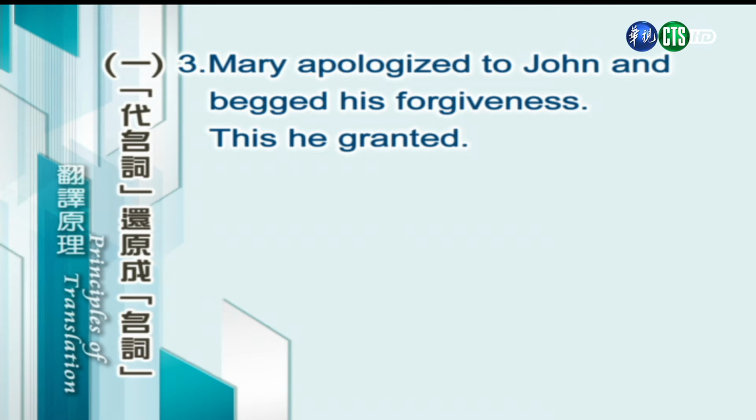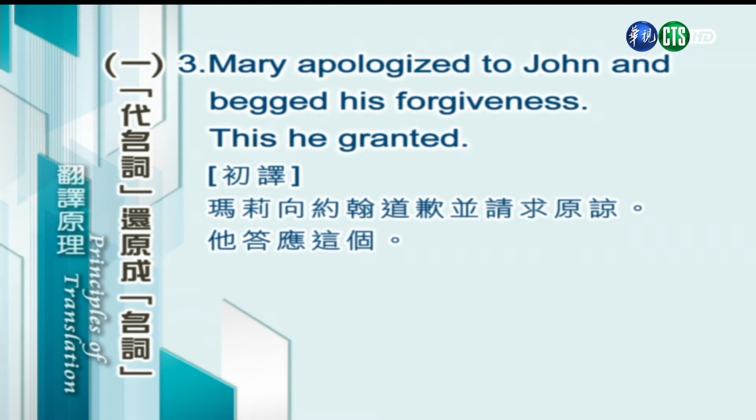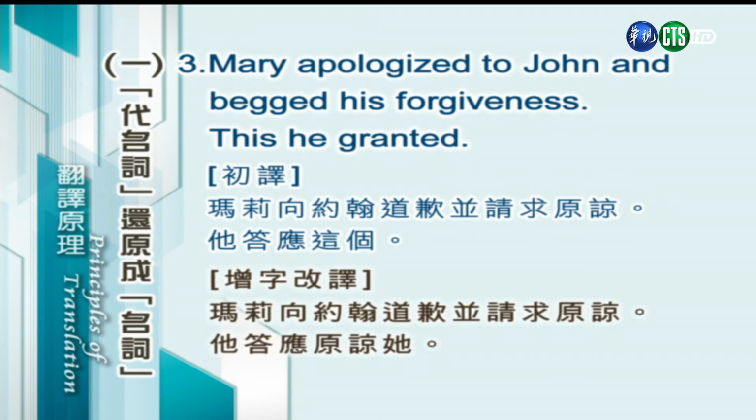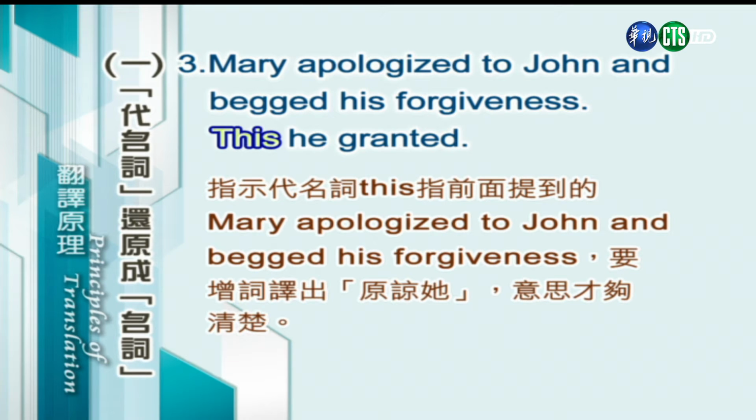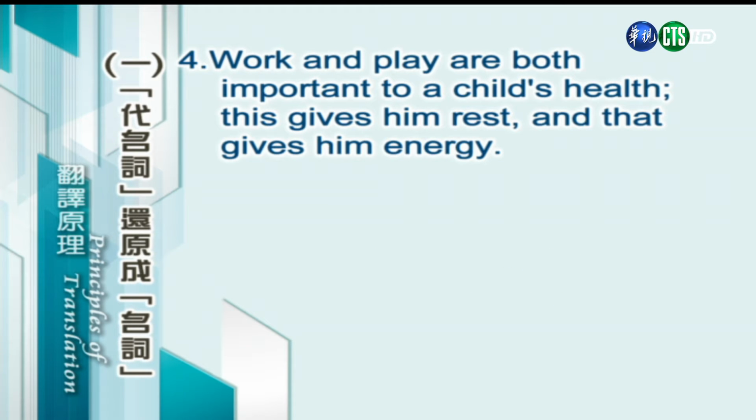This he granted. 我们照字面翻一下，玛丽向约翰道歉，并请求原谅。他答应这个，不清楚，我们来增字改译。玛丽向约翰道歉，并请求原谅。他答应原谅他。指示代名词 this 其实是指前面提到的 Mary apologized to John and begged his forgiveness。我们要增词把这个译出来，原谅他，意思才够清楚。